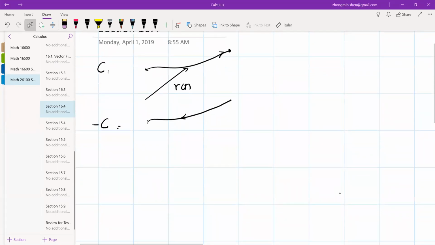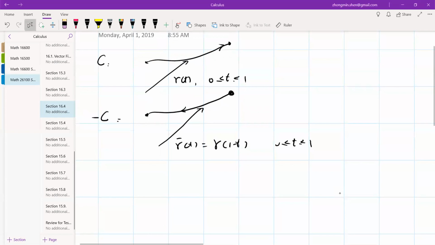So if you have to parameterize it, if t is between 0 and 1, then I can use another parameterization to describe it. This t is also between 0 and 1, but now when t equals 0, I'm here, and then going back to this point. So if you already know the parameterization for the curve C, this curve C with orientation,